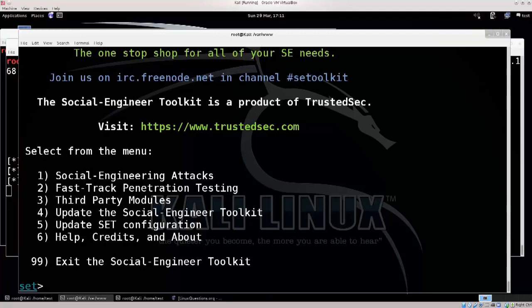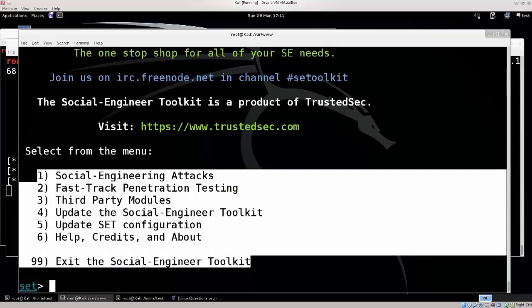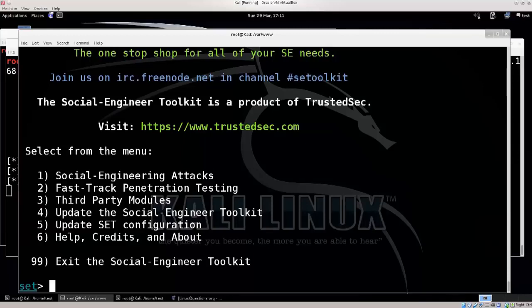There isn't really much to it. It's very powerful, but it's very simple. I have no idea how they managed to do this, but apparently they have. Anyway, you have a great deal of options here which you can use. I would definitely advise that you try some of them out. Type in 6 for help and see what's there. Just read a little bit through it. You're probably not going to try all of them out, but I would definitely advise that you pick a couple, or at least one other than the one that we're going to use today,